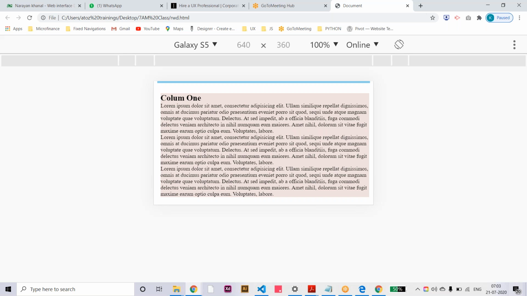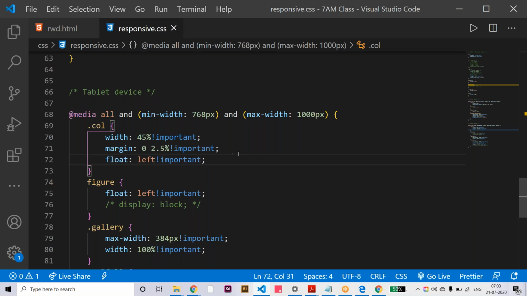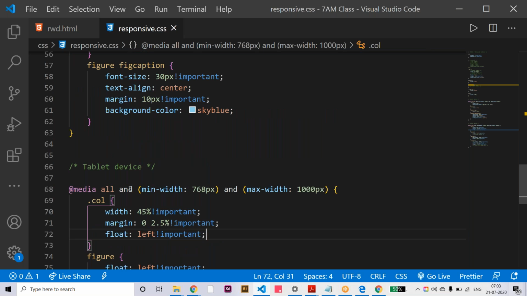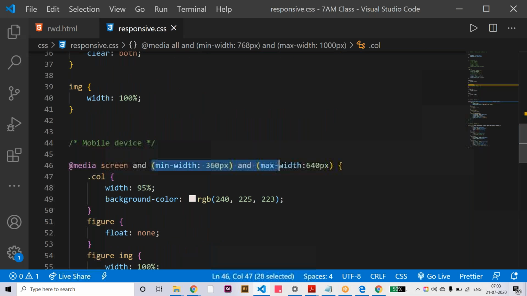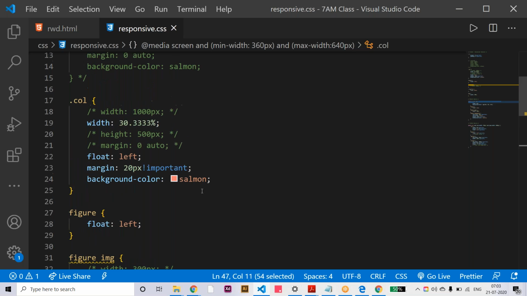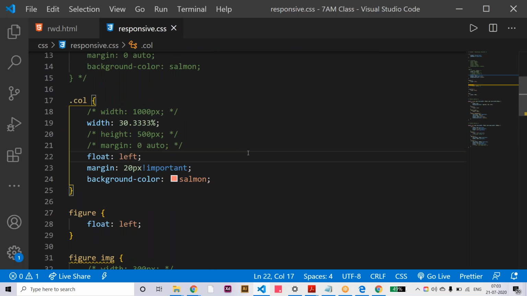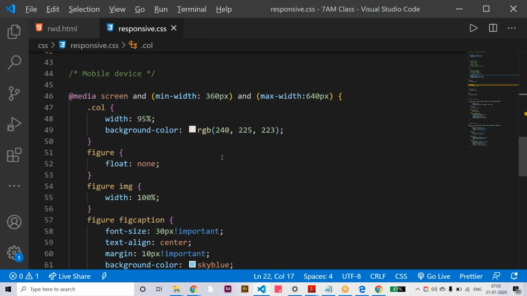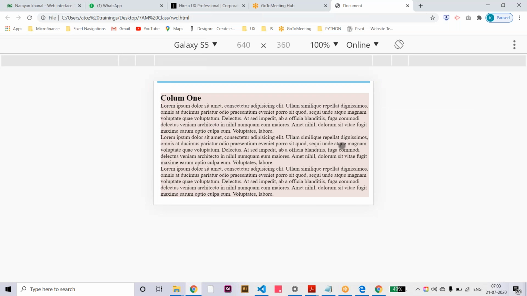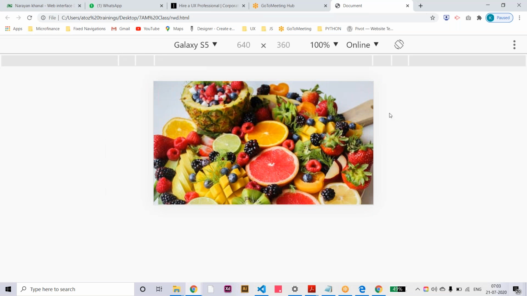So like this you can create scalable columns or scalable grids for any specific device, for the tablet, for the mobile, for the desktop. You can apply CSS in a specific media query and create the layouts responsively. And one more thing, here we can target particular users or a particular device also. For example, here